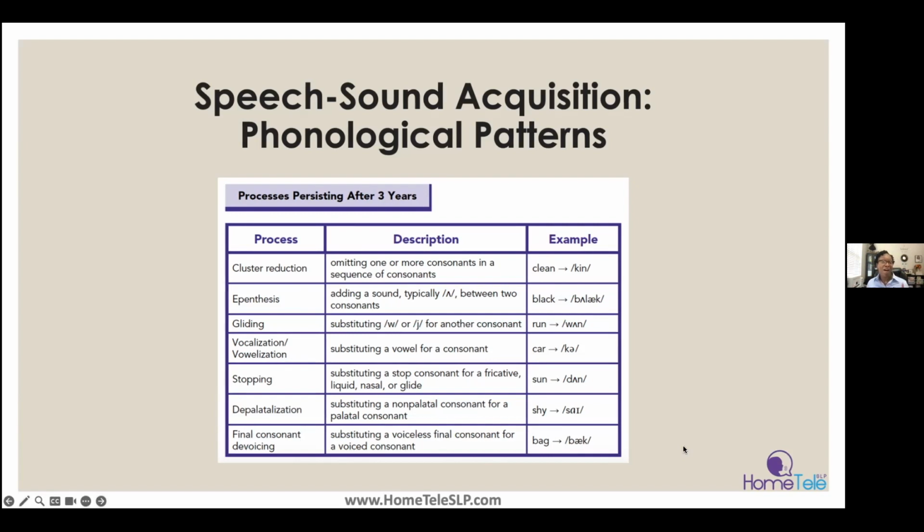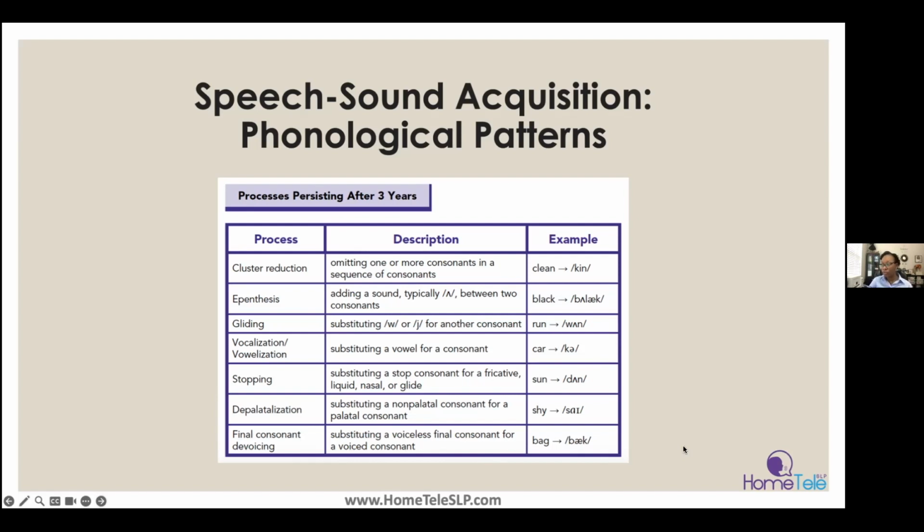Perfect example, R. I know many of you have probably heard a child attempt to say the word red, the color, R-E-D. How does it sound? Does it sound like red? Sometimes it does, but when they have this gliding process, it actually sounds like wed. Oh, look, wed car, look, mama. What you're hearing is the use of that process that's called gliding. In the example in the chart, run sounds more like one. Oh, I won fast. I won fast. And they're really saying, I run fast.